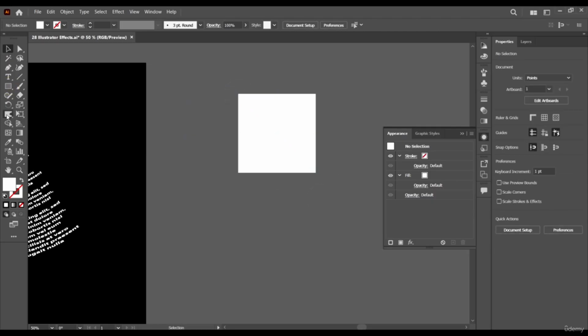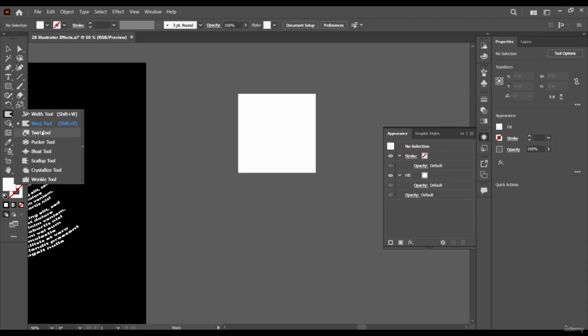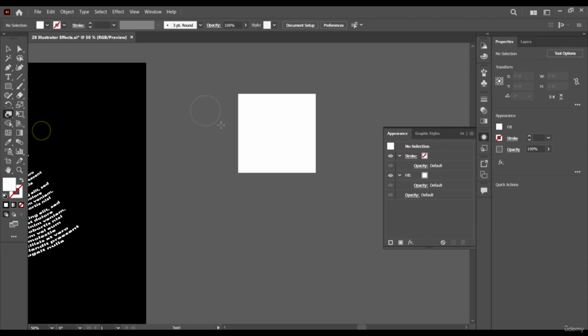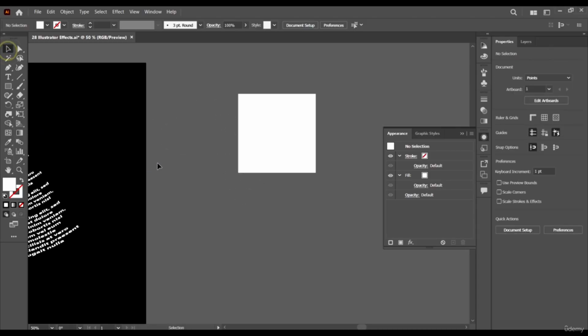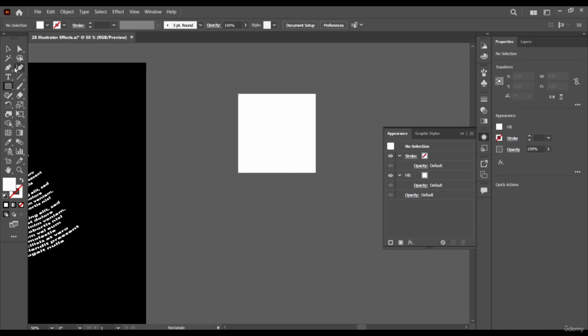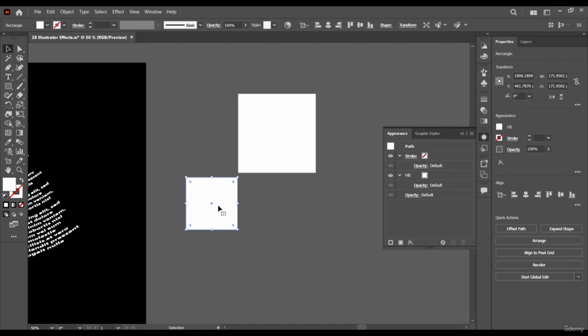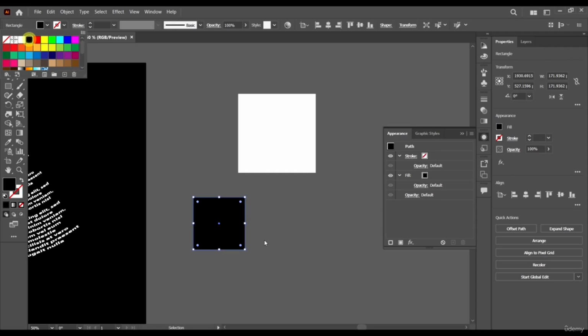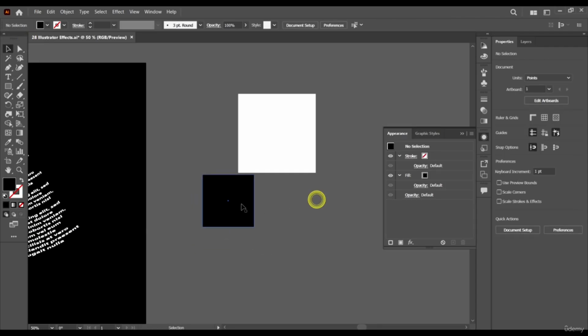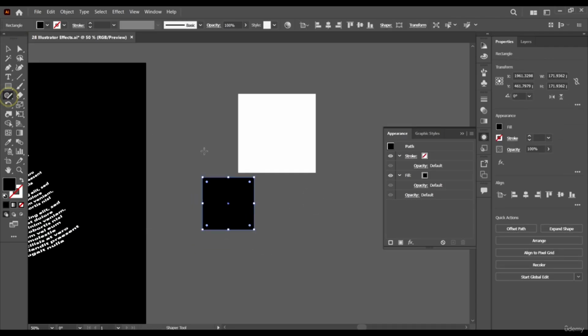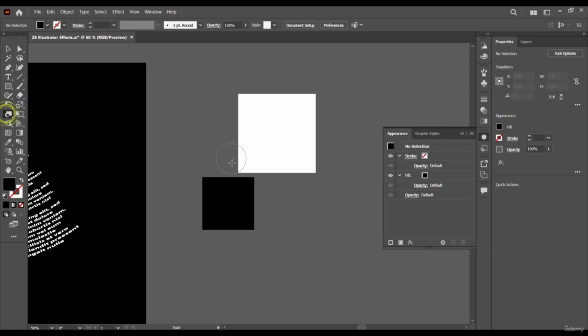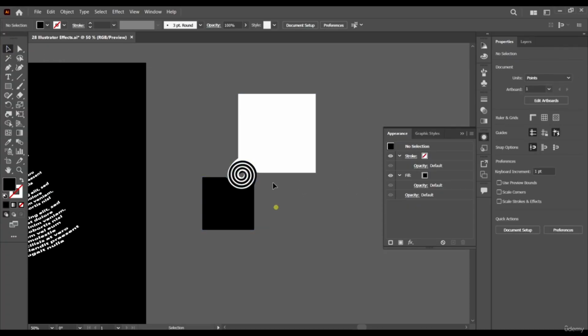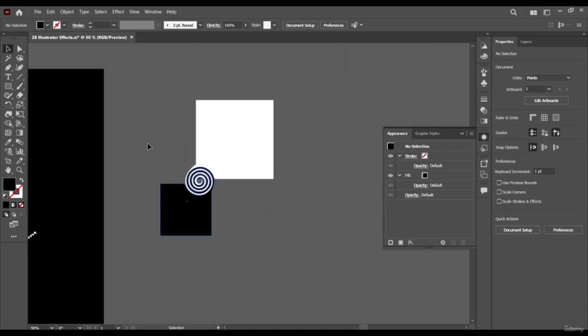And we're going to come to the next one, which is the most interesting in my own opinion. This is the twirl tool. Now, what this tool does is very interesting. Okay, very interesting. So just look at what this tool is going to do here. So select the twirl tool, and then just come here without selecting any shape. Just click and hold and release. Now, this is what this tool does. It creates this kind of